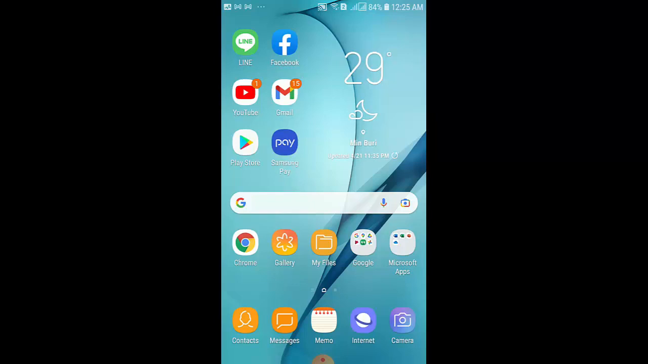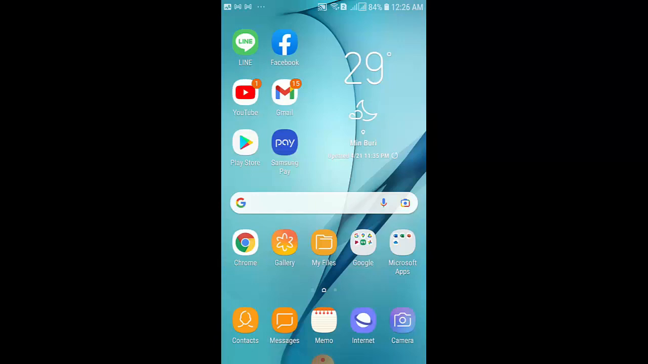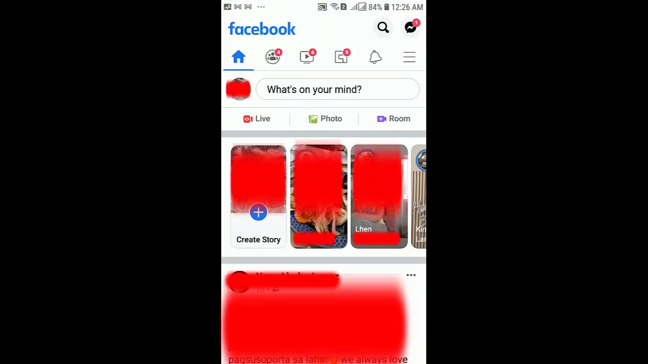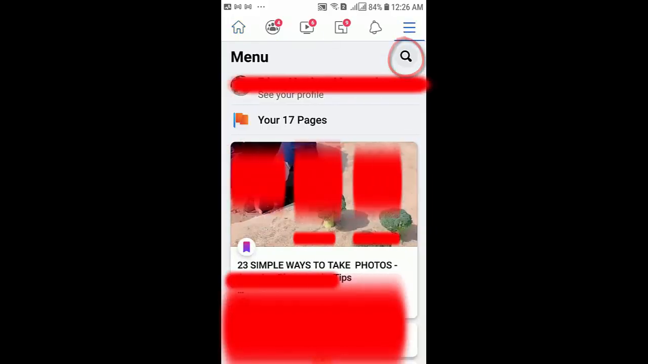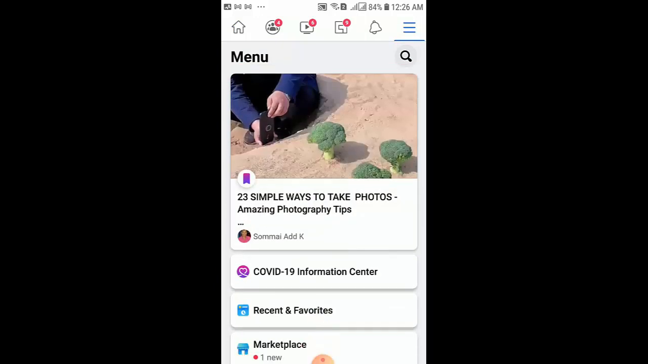And this time I want to show you how you can secure your Facebook account so that it will not be very easy for others to just post on your profile. Okay, so let's go on to Facebook. Click on Facebook and then click on the three lines, which is the menu bar. Okay, and then when you see your account,